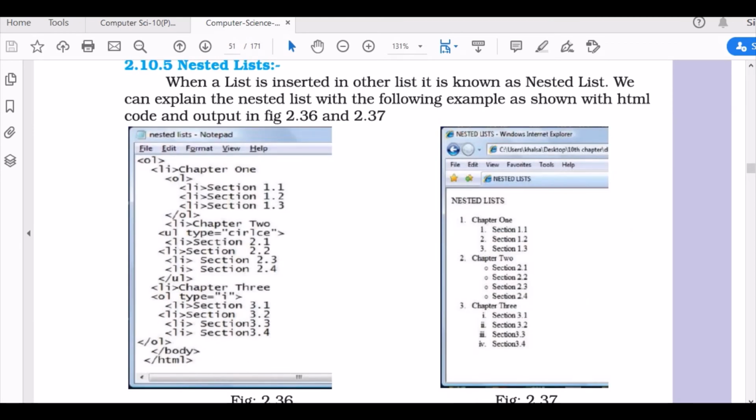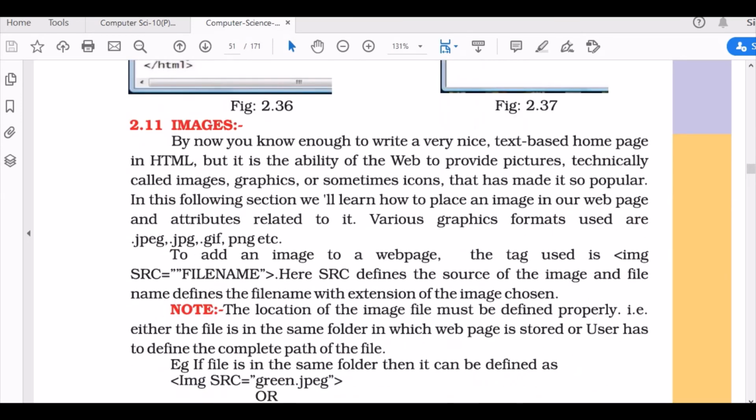Nested list. Now we can use tags to nest one list in another, this sequence in this one, or you can use sequence list with sequence list, number list with number list, or number list with unnumbered list. In any way, you just need to type the section and the number in subways.